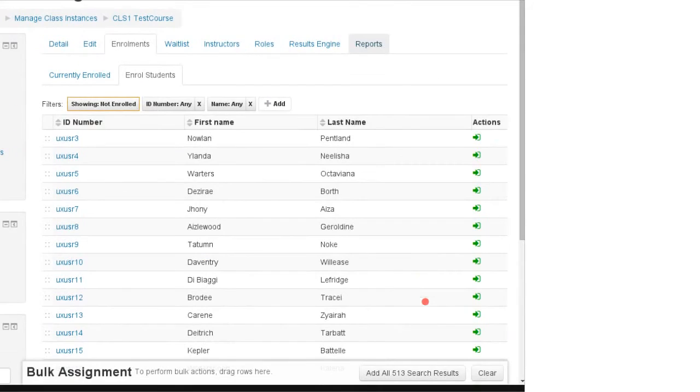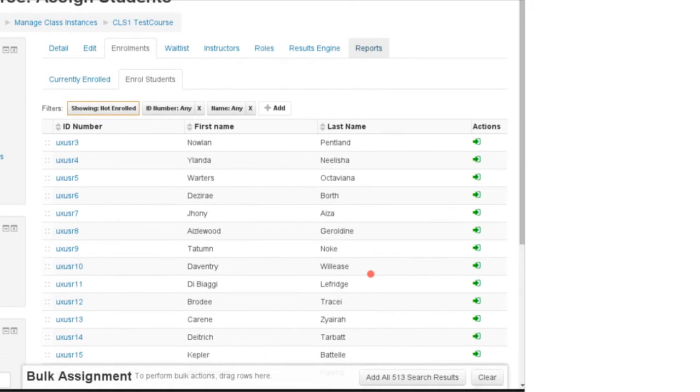Let's zoom in here a little bit. So this is our enrollment page that we currently have. As you can see, this is a table that is only displaying user information right now. We've gotten rid of all those input boxes that I showed earlier. And this is just listing the ID number and the first and last name of the user. Now at the top,